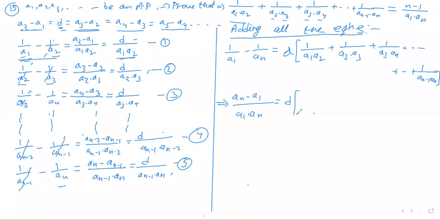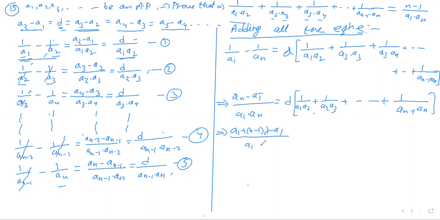An minus a1 is also a1 plus n minus 1 into d minus a1, over a1 into an, equals d into the bracket. This a1 cancels out, so it is n minus 1 into d upon a1 into an